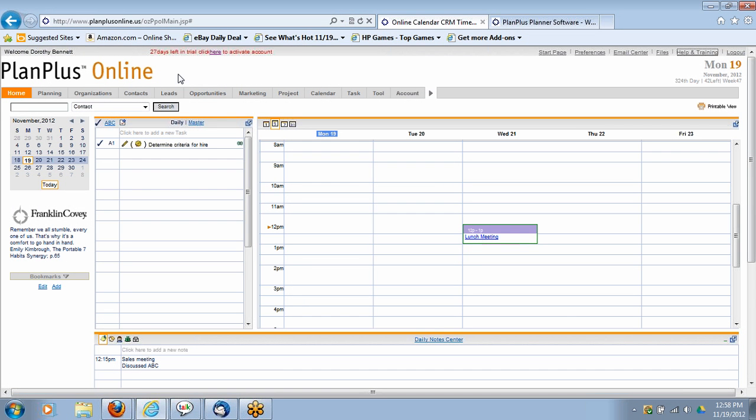Did we ever look at the planning button, and what is that? Oh, I'm sorry. Planning would be your Franklin Covey features. So planning would be your weekly planning, your mission. You can come in here and build a personal mission statement, a family mission statement, a team mission statement. You could also do